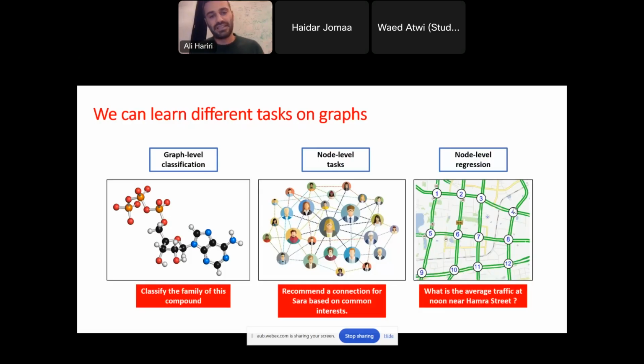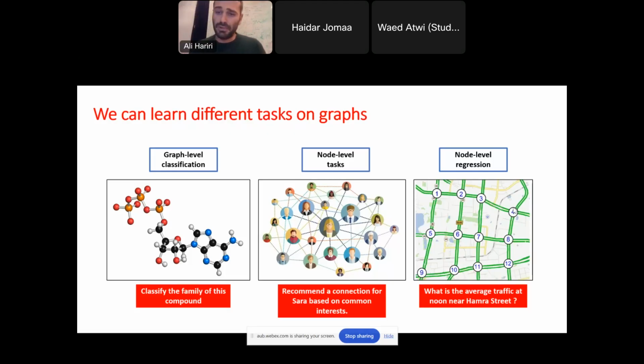So this is a graph level classification problem because we are taking the entire surface, the entire compound, and we would like to tell a label or multiple labels for a whole structure. This is a graph level classification. Another example is at the node level. Here we have a social network, and perhaps we want something like a recommender system. So we have the central user in the middle that has a certain neighborhood, different types of people that have their own interests, and given her neighboring connections, can we recommend a friend, an activity? This is node level classification because we want to predict the task for one node in this case.